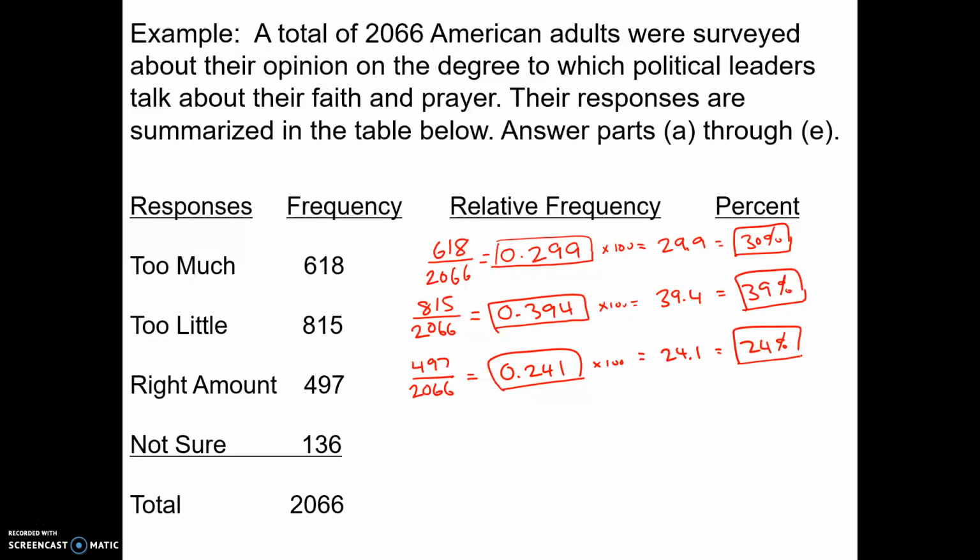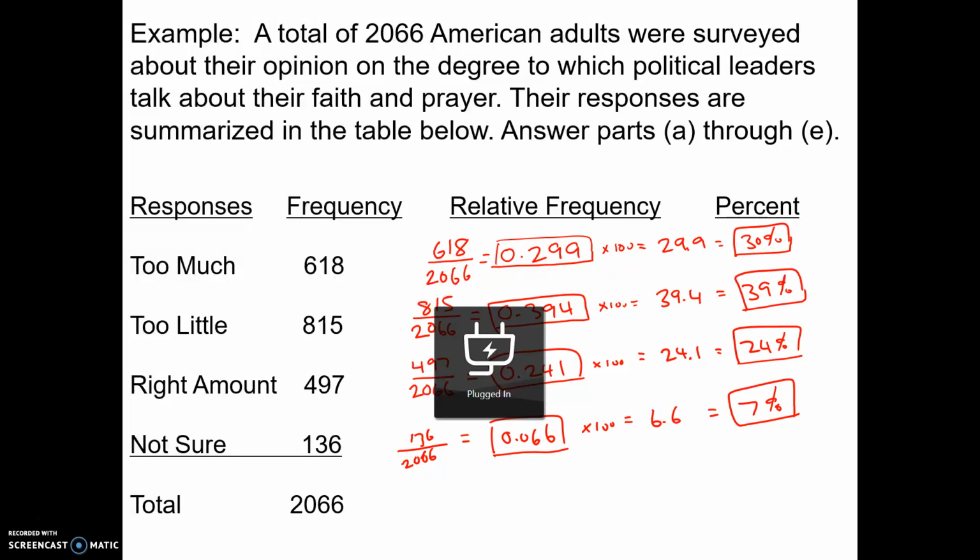Not sure? 136 people said they're not sure about the question. So you got 136 over 2,066. If you divide this, you get 0.066. That's your relative frequency. Multiply that by 100. This gives you 6.6. And if you round that, then we will have 7% as the percentage. Okay, so now we're going to take these percentages and construct a pie